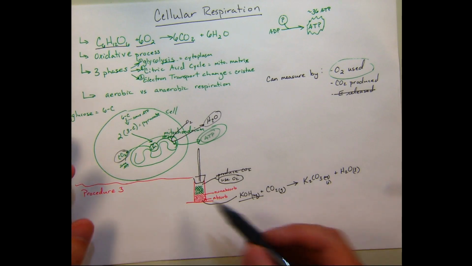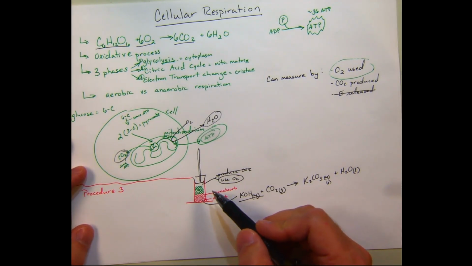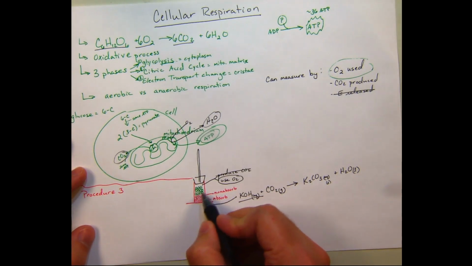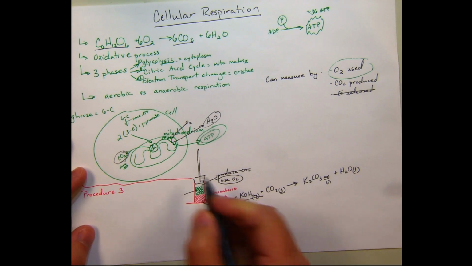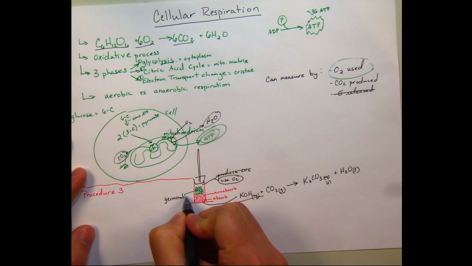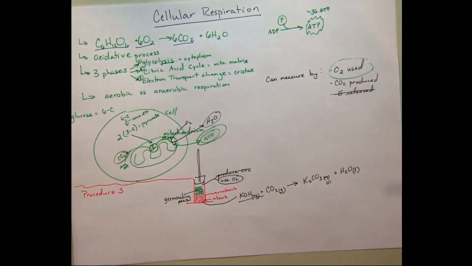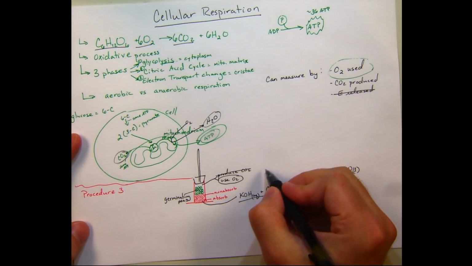But in a good experiment, you don't do that just once. You're going to be doing this 2 more times. You need a control. You're going to be doing the same thing for some peas that, well, these peas right here, they are germinating peas. In other words, they're growing, they're respiring, they've been soaking overnight, and they are awake and ready to do their job. You're going to do it again